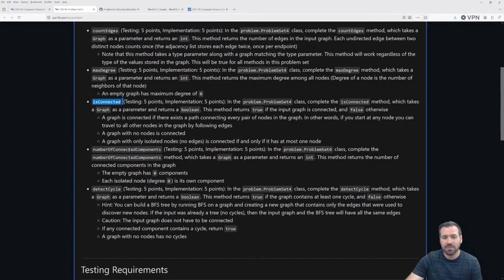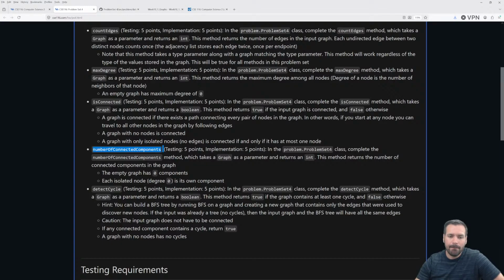So these are explicitly meant to build on each other. You're checking, is there 1 connected component? If there's more than 1, how many are there? And if you do number of connected components first, if you're like, you know what, I'm just going for the whole shot, you can do number of connected components and then check for is connected, call number of connected components on the graph, and if the number is 1,